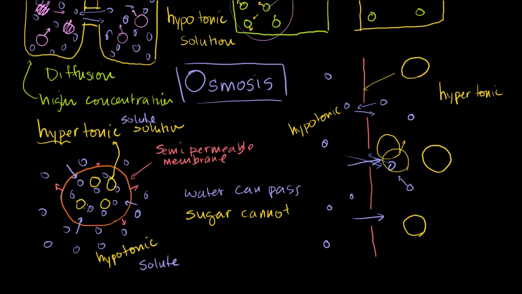So if you have high concentration here, low concentration here, and there was no membrane, these big molecules would exit. But because there's this semi-permeable membrane here, they can't. So the system, just probabilistically, no magic here, more water will enter to try to equilibrate the concentration. And eventually, if